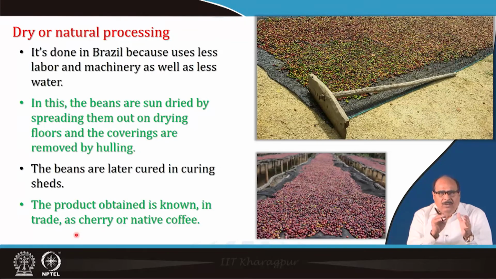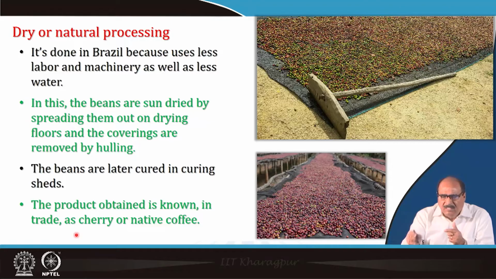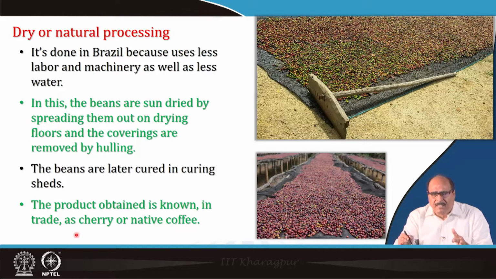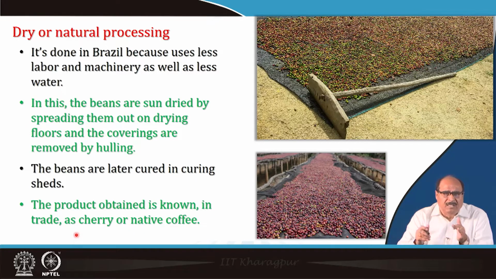Okay. So, let us have a little detail of both the dry as well as the wet processing. In the dry or natural processing, as I told you, you can see here in the figure that the beans are sun dried by spreading them out on the drying floors, and the coverings are removed by a simple hulling method using a suitable roller or dehuller. Okay. The beans are later cured in curing sets, and the product obtained thus in trade is known as cherry